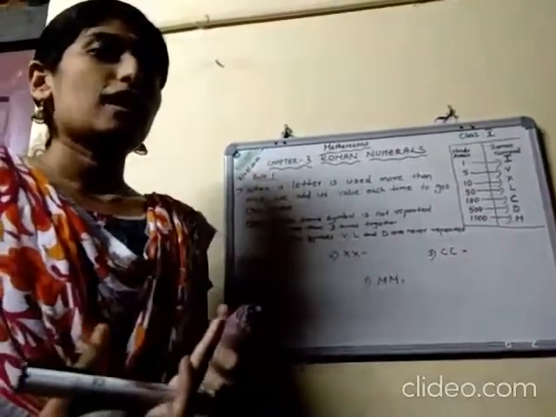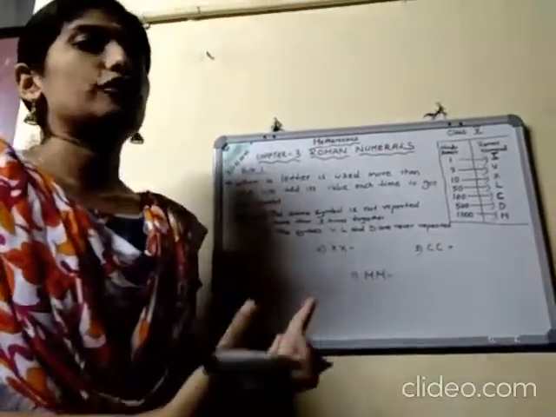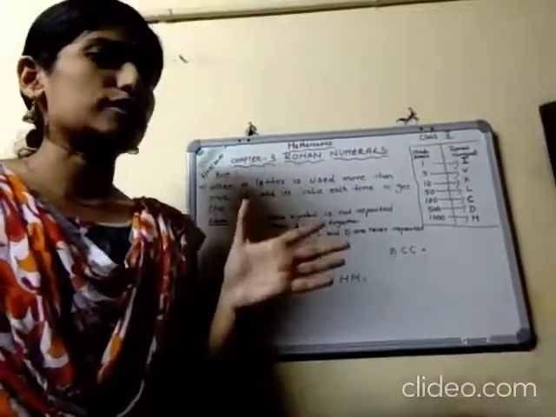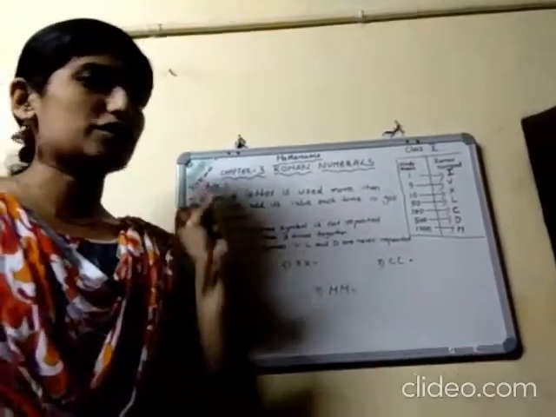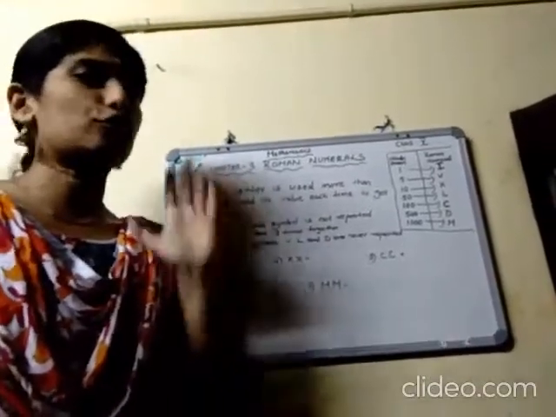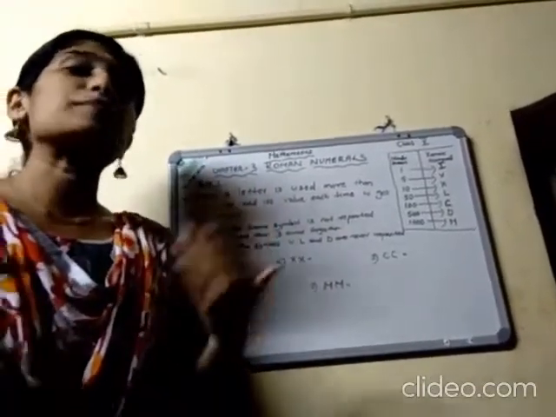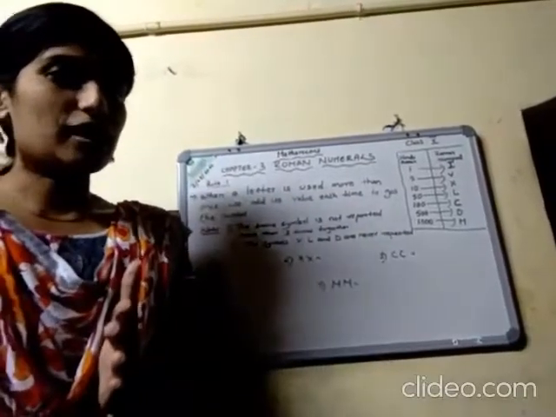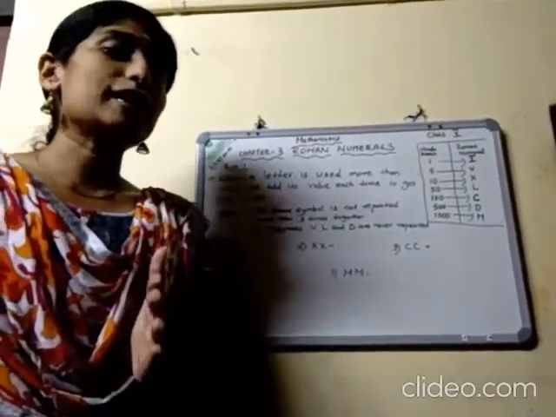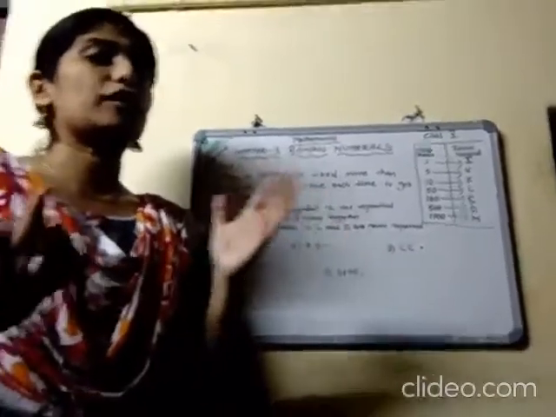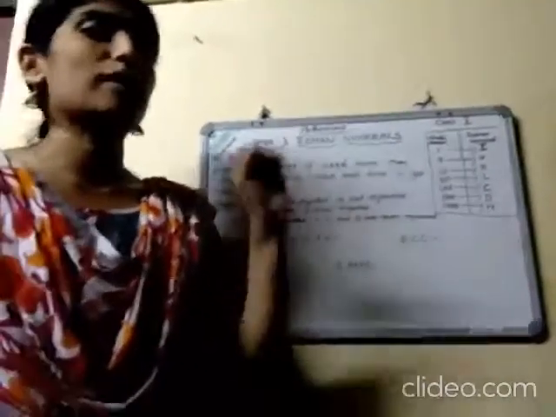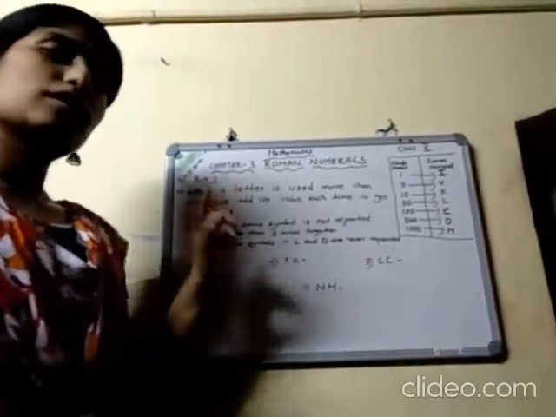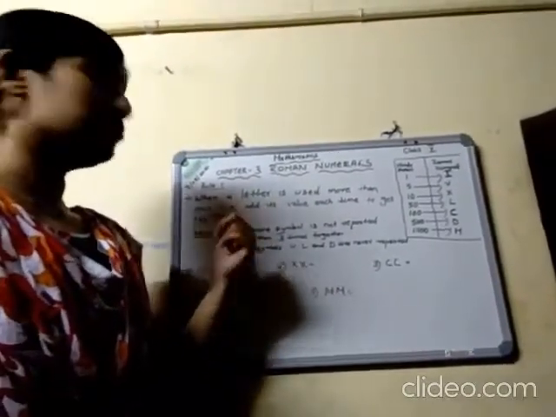Let us learn about the Roman representation for large numbers. Okay, so you have studied some rules, isn't it? In the 4th standard you have studied 3 or 4 rules for how to represent a given Hindu-Arabic numeral as a Roman numeral, or how to write the corresponding Hindu-Arabic numeral for the given Roman numerals. The rules here are the same, so we can start from the first rule.